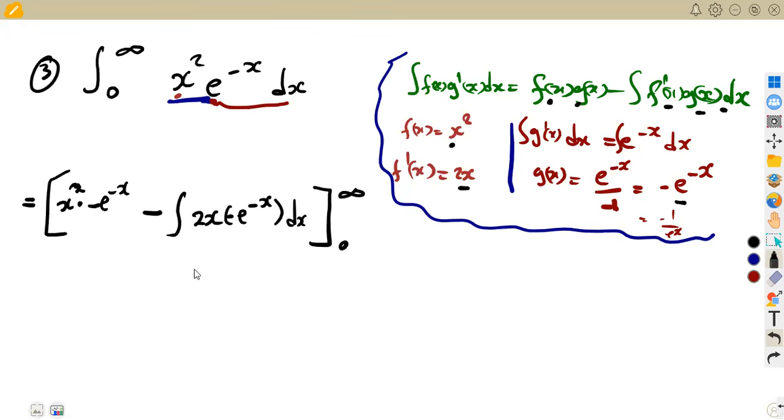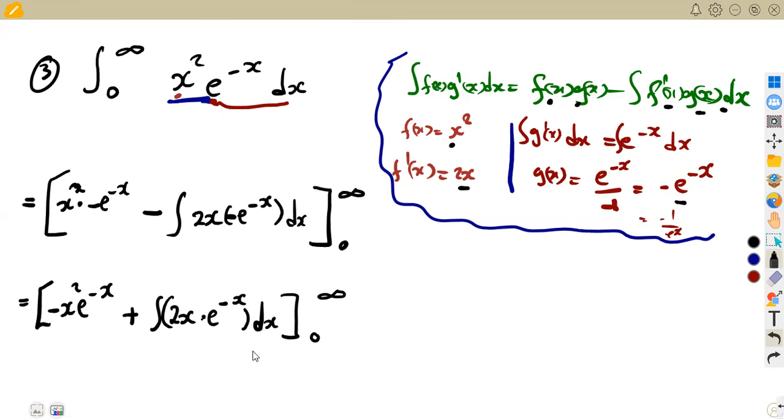Checking on this part that we have now, we can just simplify before we talk about a lot of things here. So this one is going to give us negative x squared e to the exponent of minus x. We've got a negative that is inside here and this negative, so that one is going to give us a positive. So we're going to have positive. We can take even the 2 outside, or you can just leave the 2 inside, it does not affect. So we're going to have 2x e to the exponent of minus x like this with respect to x. So we are going to integrate this part that is inside this bracket, but not forgetting our limits, infinity and